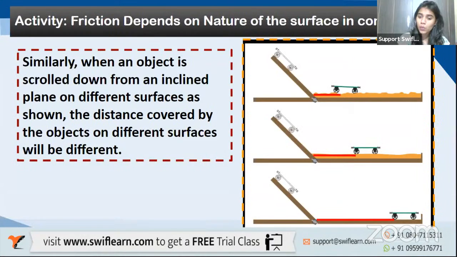Now moving ahead, friction depends on the nature of the surface in contact. Now how does that happen? We discussed two factors on which friction depends. What are the two factors? Try to recollect the two factors on which the force depends. One is it depends upon the nature of